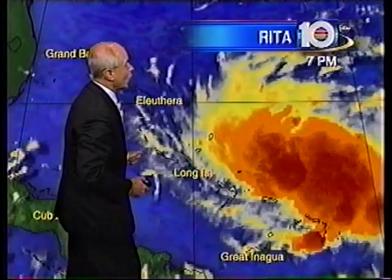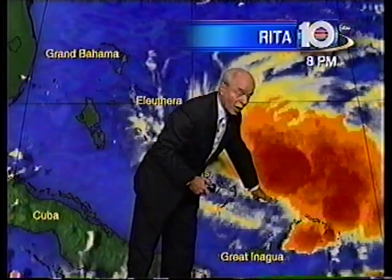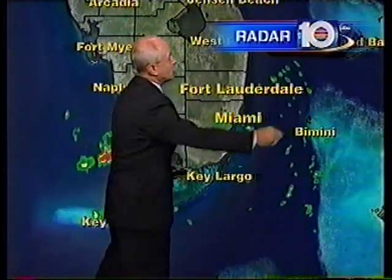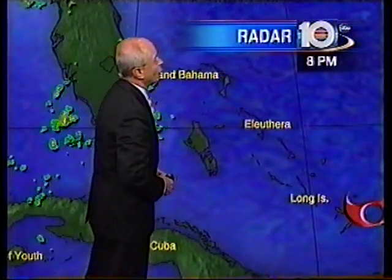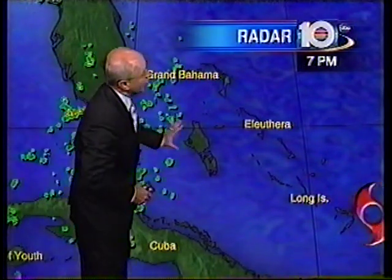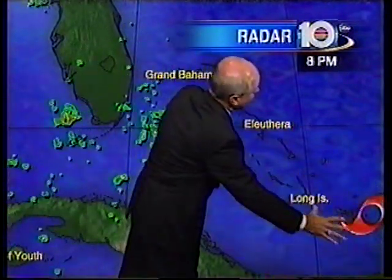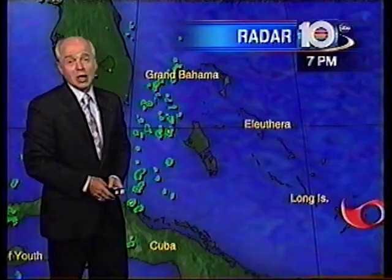The winds are remaining at 50 miles per hour. They went up to 50 at 8 p.m., and remained at 50 miles per hour. The center of circulation appears to be somewhere near Great Inagua Island, or perhaps Little Inagua, right in through there, not directly underneath the circulation center. On the radar, we're seeing some showers moving from the northeast to the southwest. This is with the outer flow around the storm as of this time. Looking at the radar from a farther view, we can see the same showers moving through. The radar doesn't reach all the way over to where the center of the circulation is, but if it did, I'm sure it would see all kinds of rain there near the southeast Bahamas, Long Island, Crooked Island,